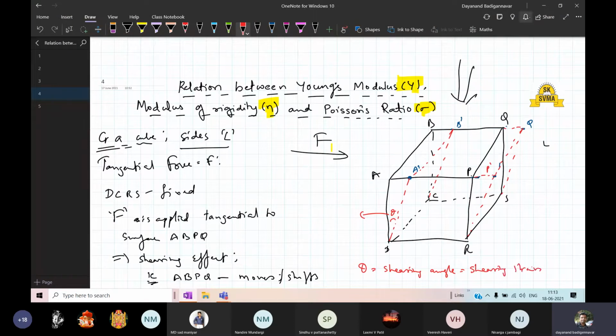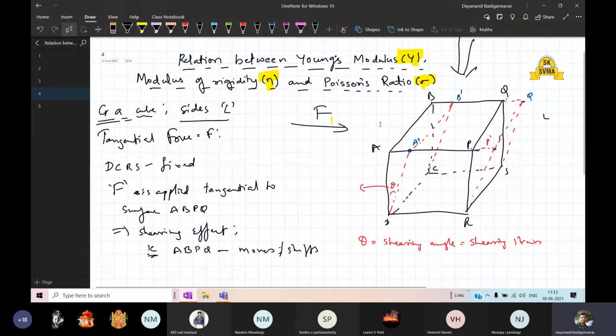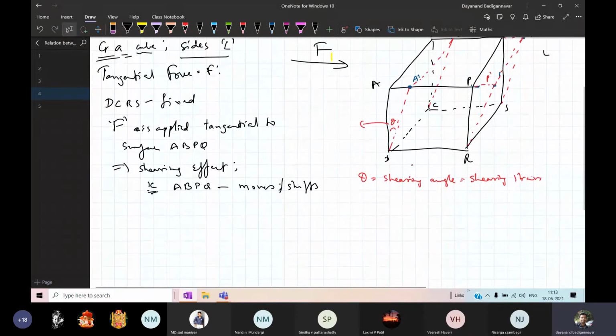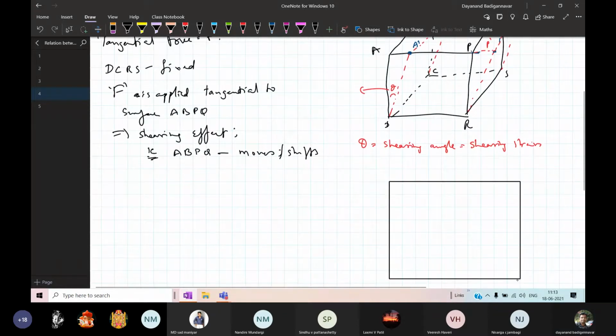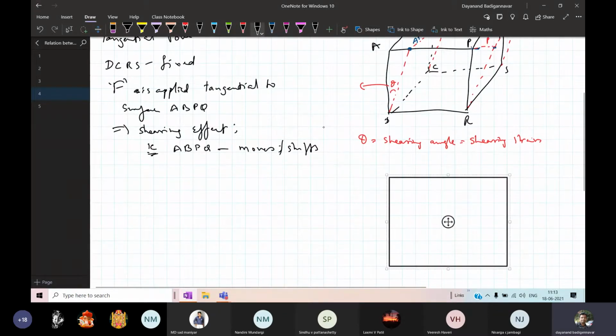Now what I will do is I will take the front face of this surface ABPQ for our analysis. I will take the front surface of this and just draw it here. I have modified it. I have made it a bit larger. So don't go for the ADPQ. Just I have modified it. These are the same thing.